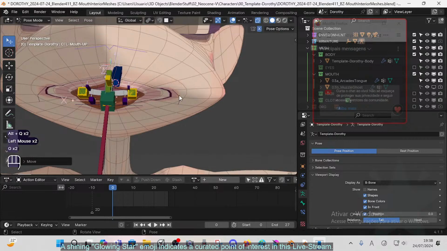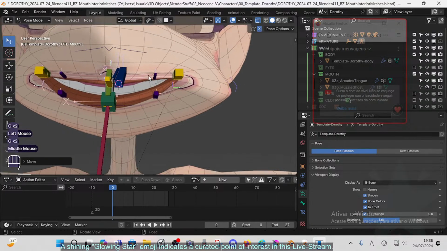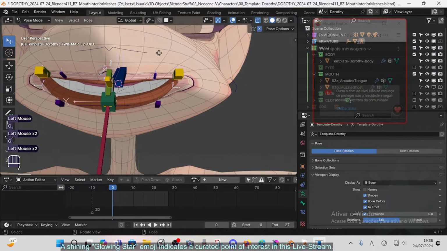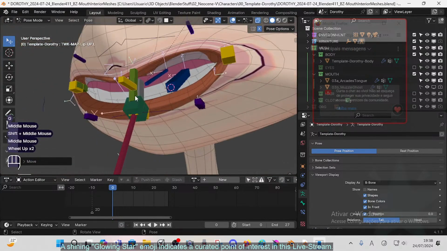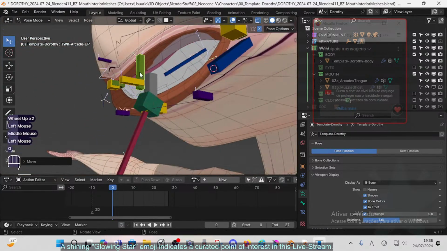I mean, in this attempt, there's nothing here that would indicate that, but the theory